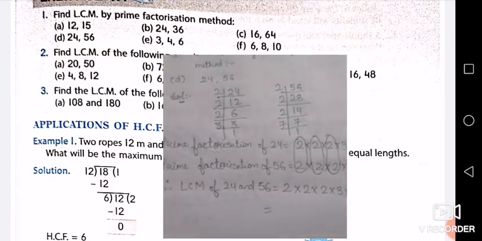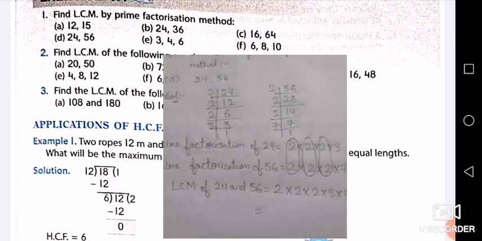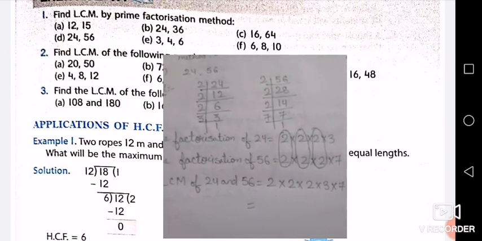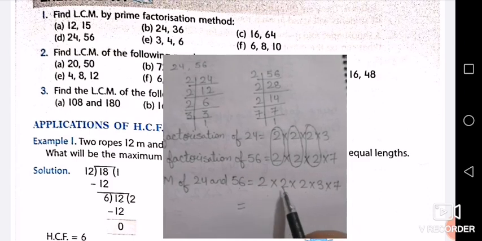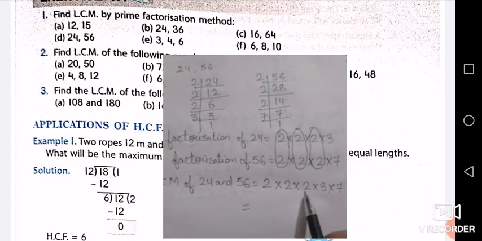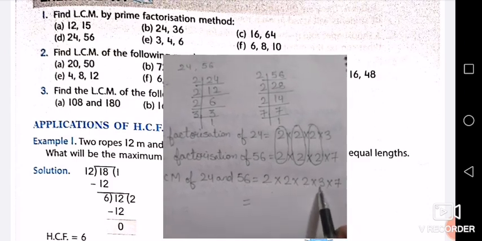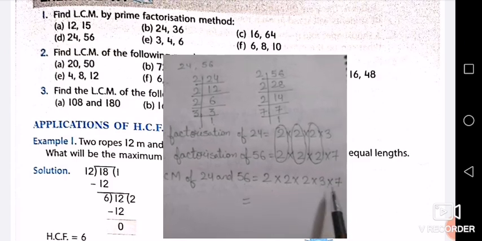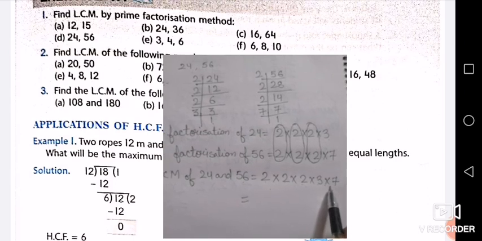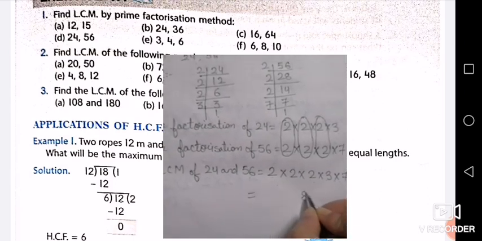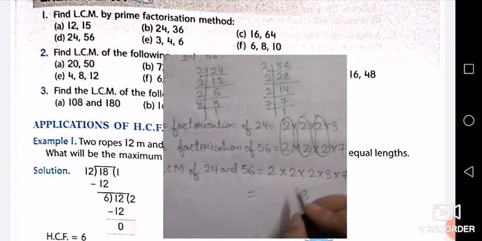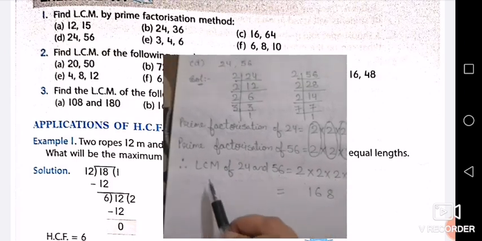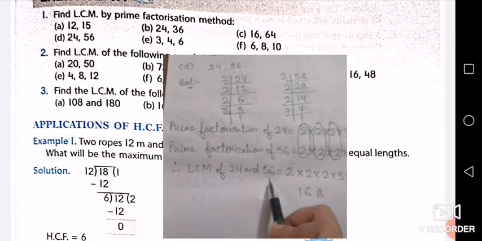And now what is the full form of LCM? Yes, correct. Least common multiple. Now we'll do the multiplication here. 2 2s are 4, 4 2s are 8, 8 3s are 24, multiply by 7, 7 4s are 28, 2 will be carry, 7 2s are 14, 15, 16. So 168 will become LCM of 24 and 56.